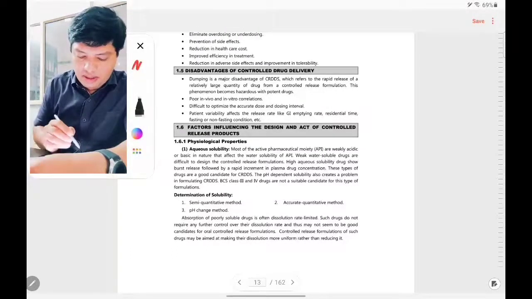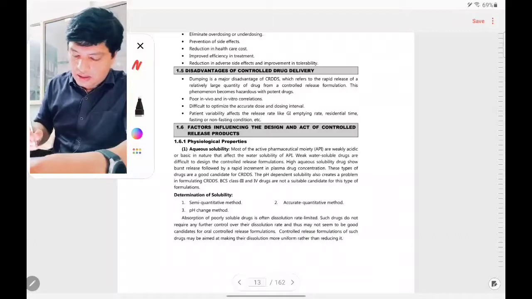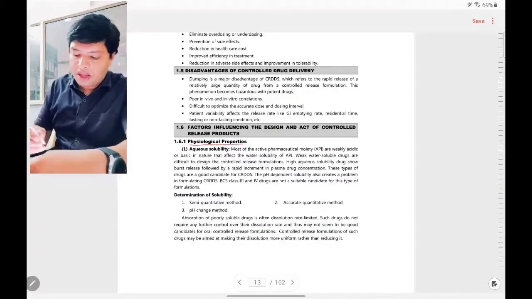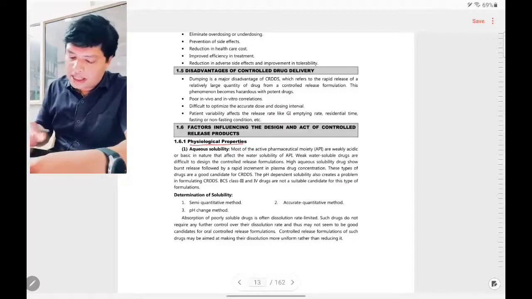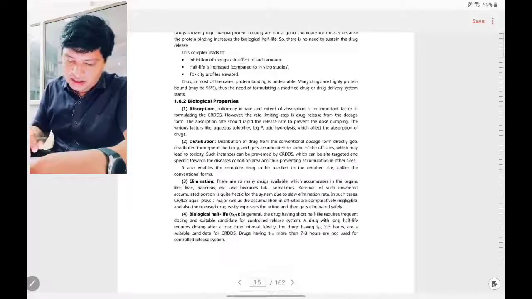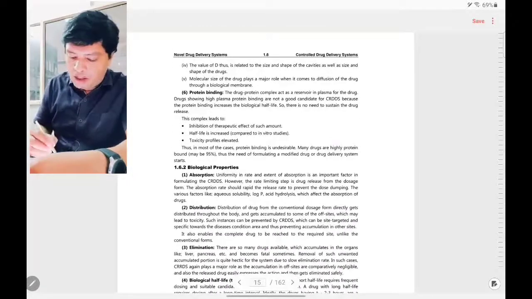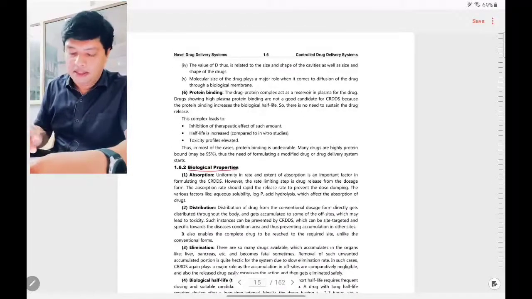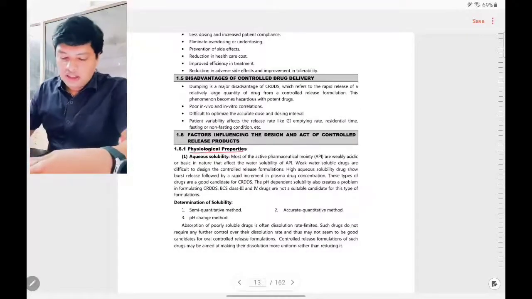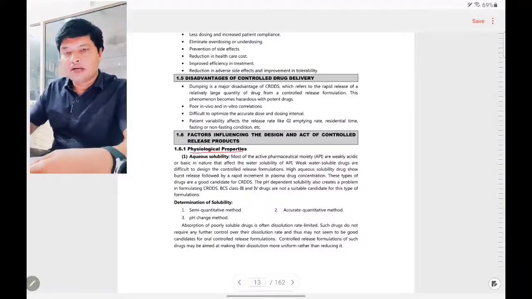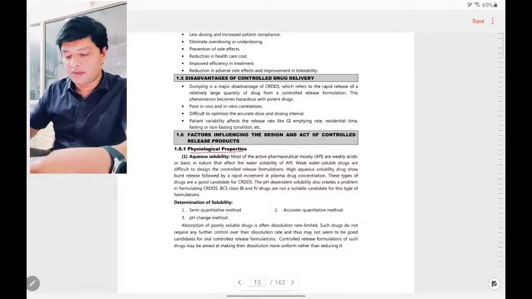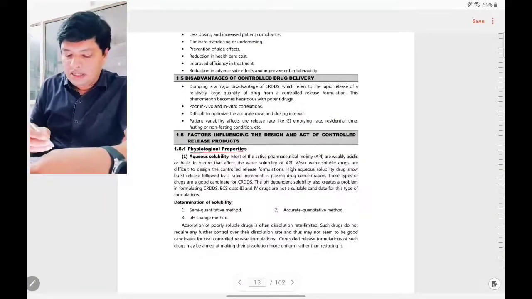Yeah, we can take this one. Okay. Physiological properties, and we have the other thing, biological properties. Yeah, check this one. First one is physiological property. In that we will study what the physiochemical properties of the drug are, as well as some other properties which I am going to deal with in the later part.